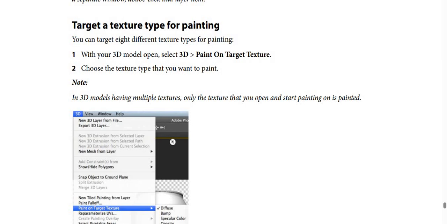What about target a texture type for painting? You can target 8 different texture types for painting. 8 types for painting, yes. We have steps here. The first step: